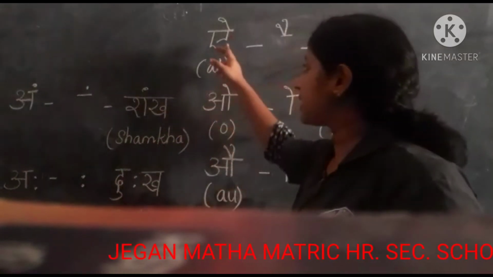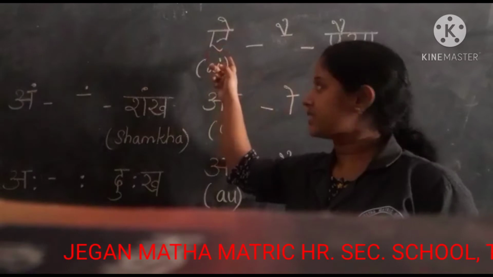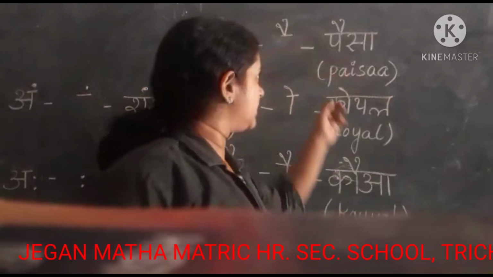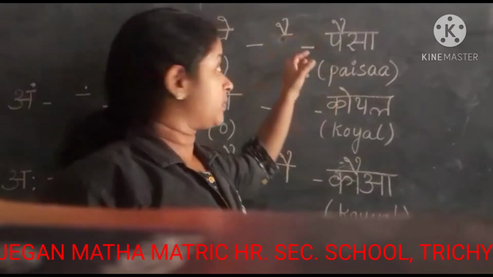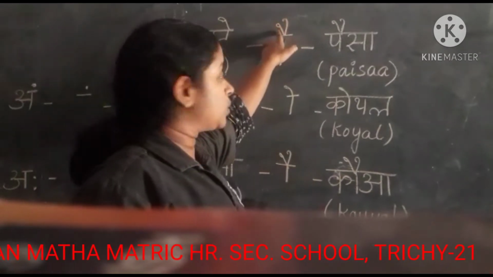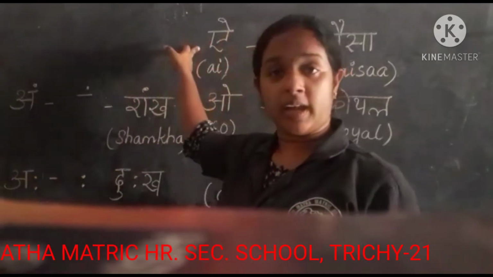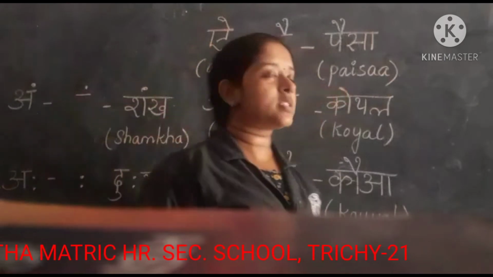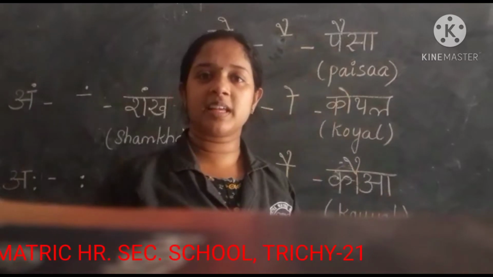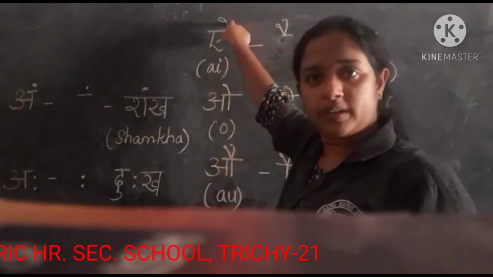Okay, so first one is I. This is the swar I, isn't it? We denote it in English as AII. Okay, and the symbol of I is this one. First you have to put one line, that is one symbol like this, then two symbols. You may have a doubt: for the swar I, only one is there, so why are we using two symbols for the swar I? Actually, since it is the letter I, one symbol is already here.